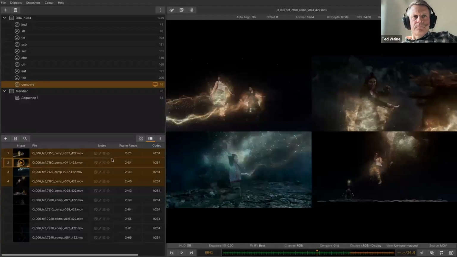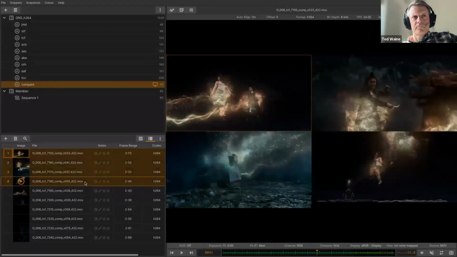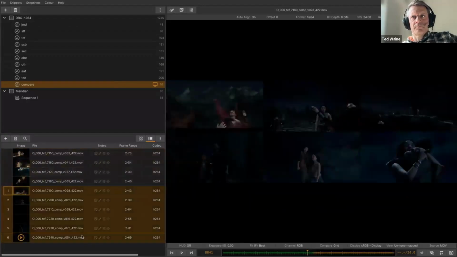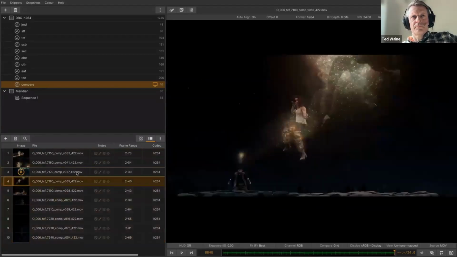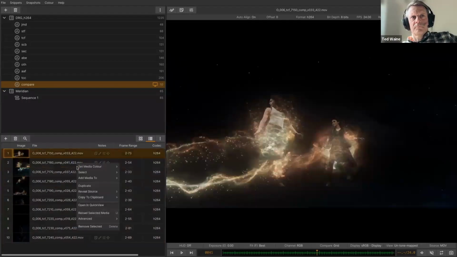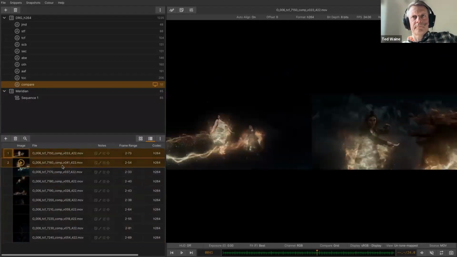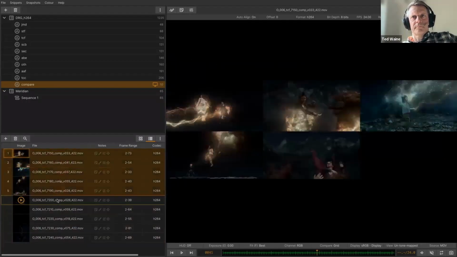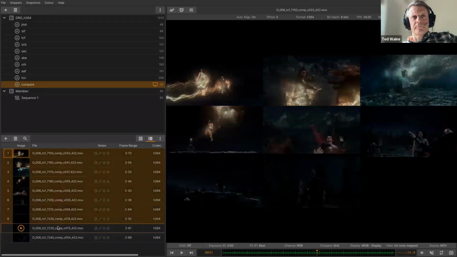And we can also create a contact sheet object. So let's say I want to compare these 4 images. At the moment the grid mode is dynamically built, so if I select these 6 clips, then that's what gets laid out. Select 1 clip, and as I add more clips into the selection, it adds them into that